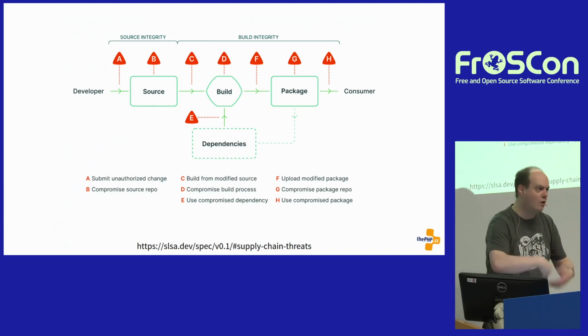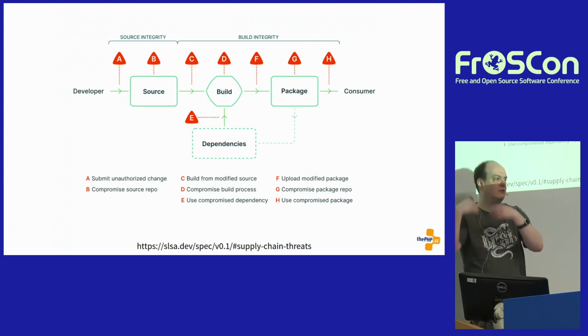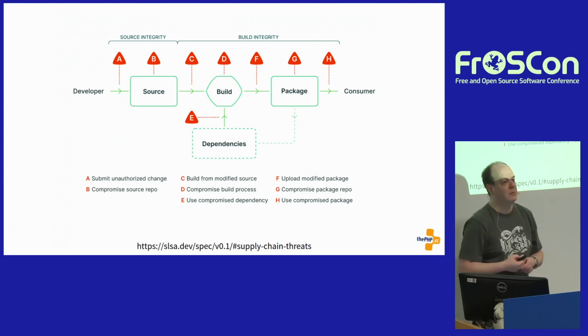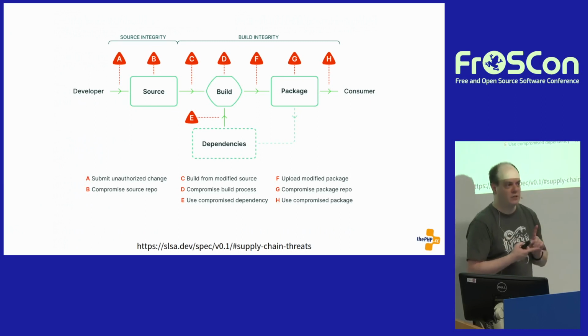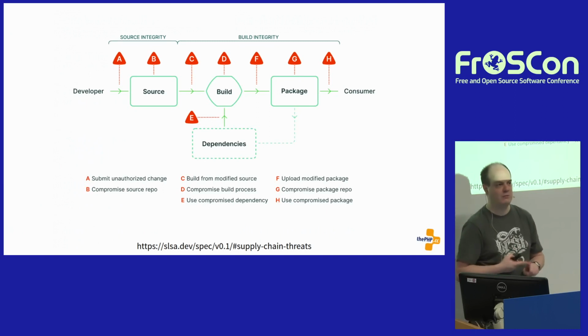Things can go wrong on the source level, like what we saw happen with the PHP project, where somebody broke into git.php.net and published malicious changes under the names of Rasmus and Nikita. Fortunately, that was quickly discovered. We never tagged a release with those changes. That would have been a disaster. But our code review processes found that.